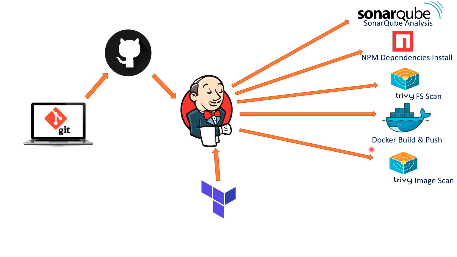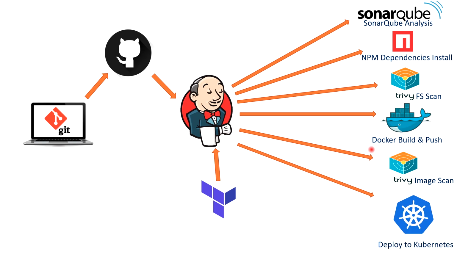Then it will scan that Docker image using Trivy, and then finally our Jenkins script will deploy the pods on Kubernetes using the DockerHub image,